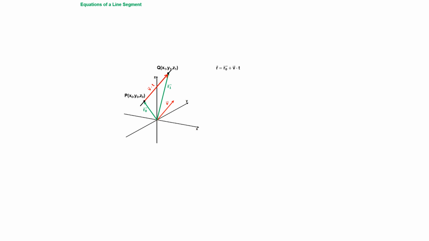The position vector r is the position vector of any other point on the line. We can see that the vector v times t is the difference between the vectors r sub 1 and r sub 0. This equation can be rewritten in the form